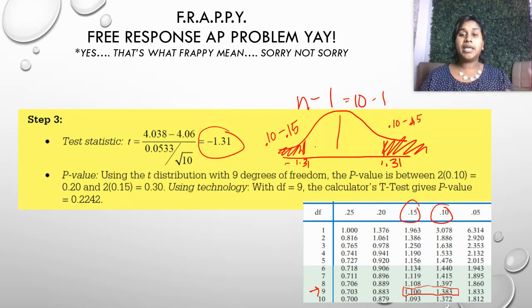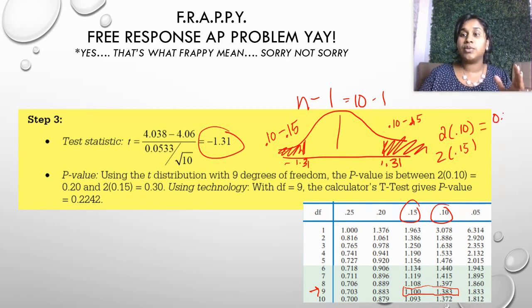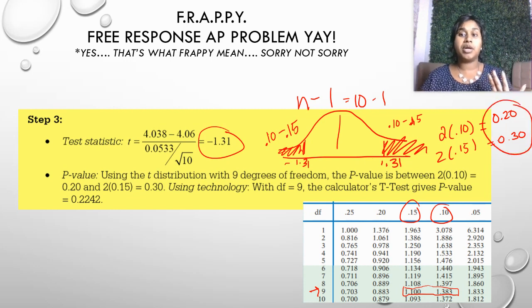and 0.15. And because of that, I'm going to end up doubling them, right? Because I'm dealing with both sides of my proportion. So 2 times 0.10 and 2 times 0.15, I actually end up with a p-value between 0.20 and 0.30. So that would be a correct response. My p-value is between 0.20 and 0.30, or you could just split the diff and call your p-value approximately 0.25,